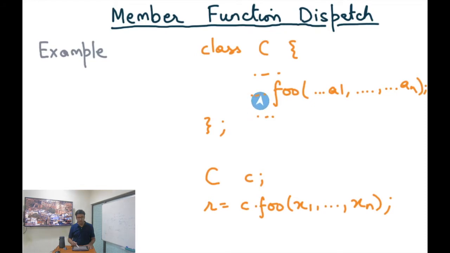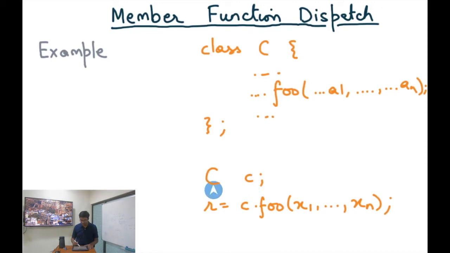It has a return type, this is the name of the function, and these are all the formal arguments of this function: type of A1, A1, type of A2, A2, and so on till type of An, An. And let's say at some point in the program, I instantiate an object c of the class C,